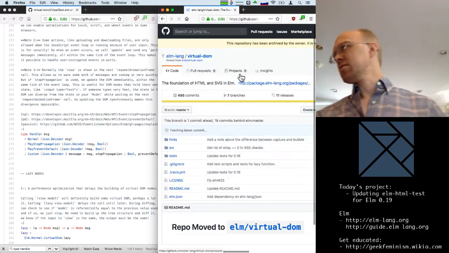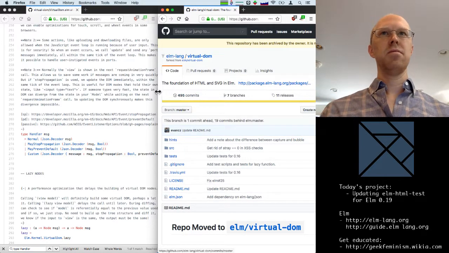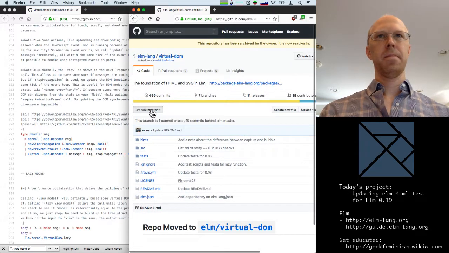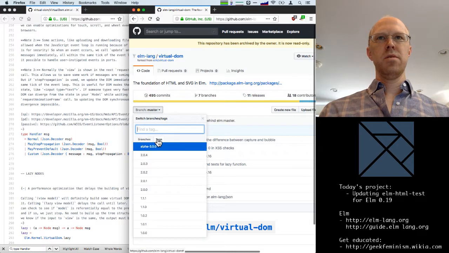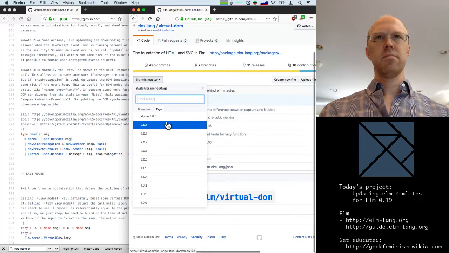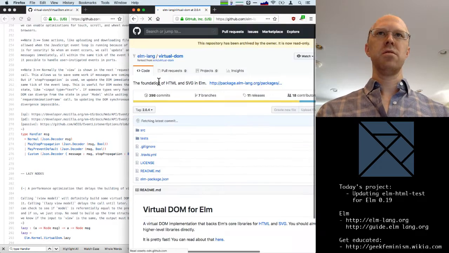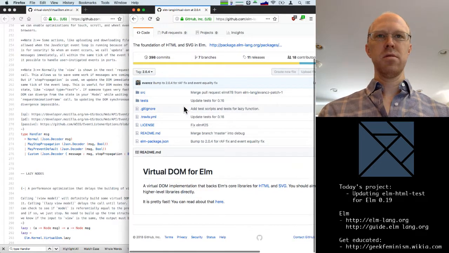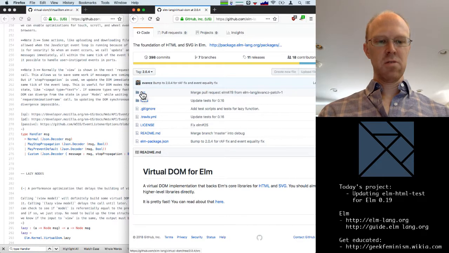I guess that's actually going to be the same repository. We just need to find these. Okay, so these are the version numbers for the old Elm 0.18 code.